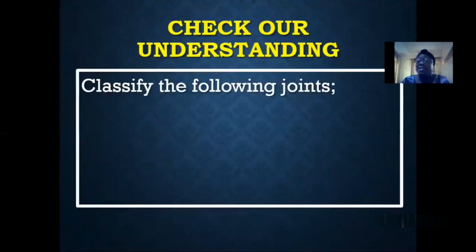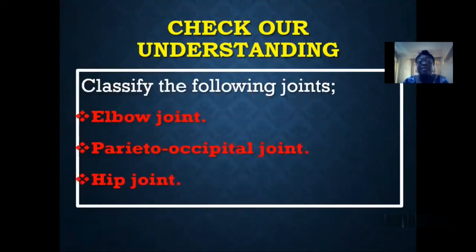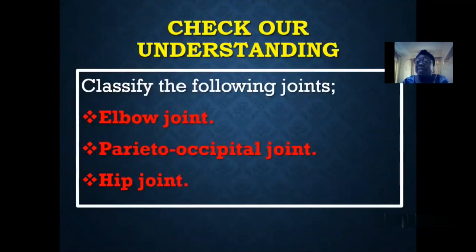Let's check our understanding of this lecture through the following. Let's try to classify the following joints. We have the elbow joint, the parieto-occipital joint, that is the joint between the parietal bone and the occipital bone. These are joints within the neurocranium. Also the hip joint. Let's try and classify these joints based on their structure, the function, and also based on